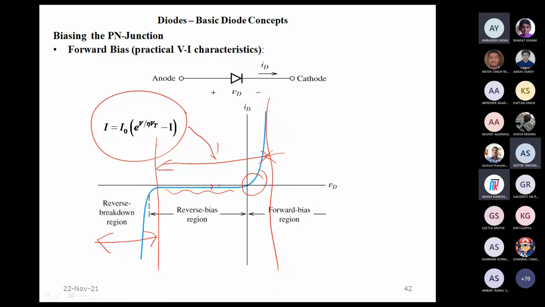generating the electron hole pairs and increasing the current. Okay, so there may be two phenomena. The first one is when the electric field is too large, so that it breaks the bonds. That is called the Zener effect. And another is